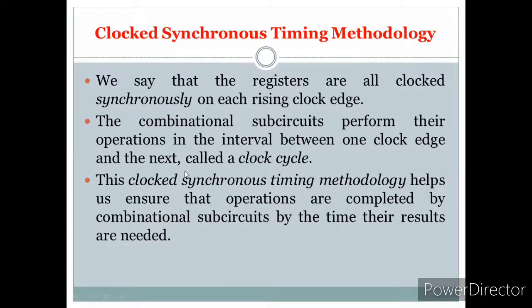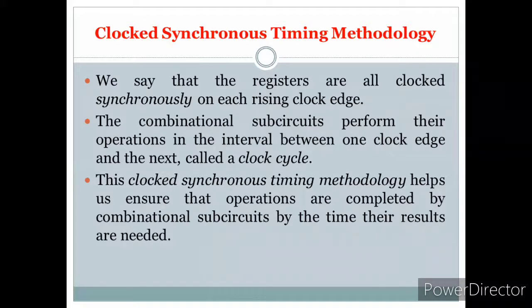Within one clock cycle in the execution of a model, all possible operations present inside the model consisting of combinational circuits will be executed. Like this, the number of clock cycles will increase depending upon the operation.